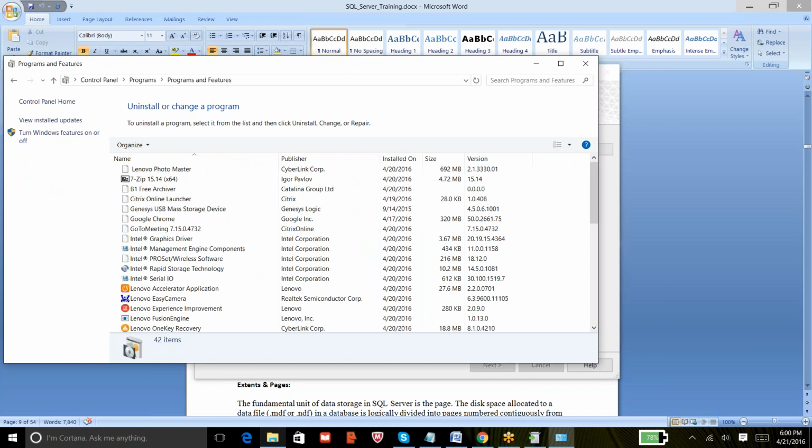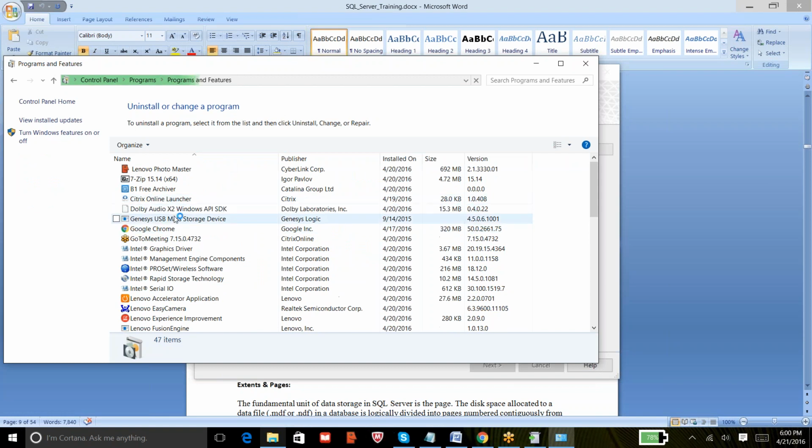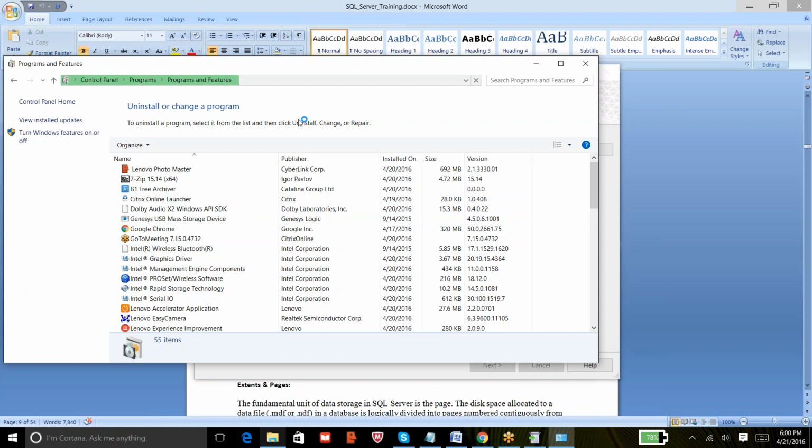Yeah. I hope everyone is aware of this. If you want to uninstall any application or software from your machine, you select the appropriate software and do uninstall. But for updates or service packs applied on your software, you can do that using an option called View installed updates. On the left-hand side, you can see View installed updates.